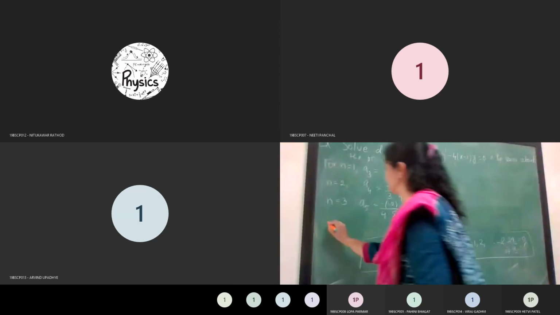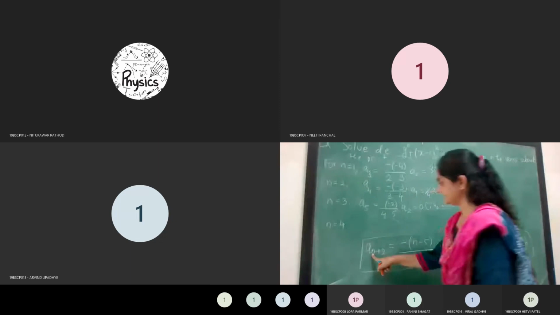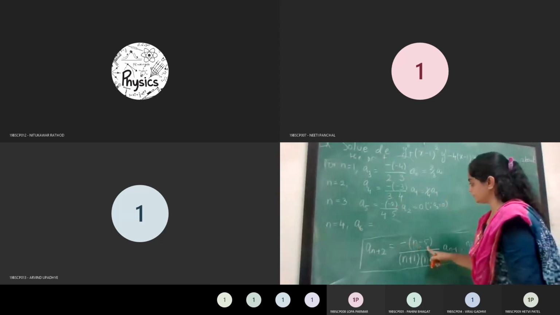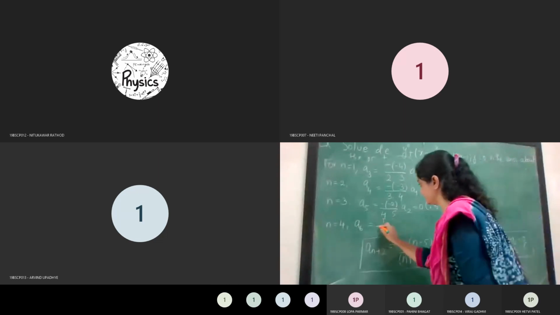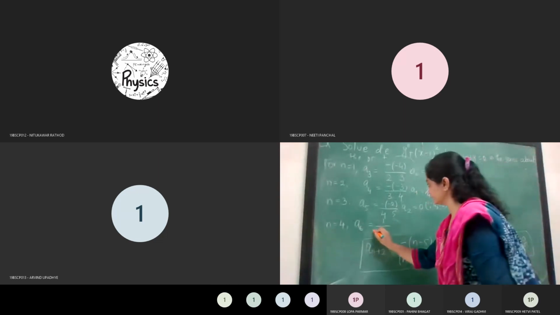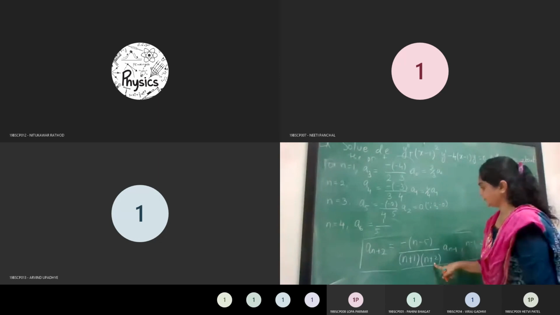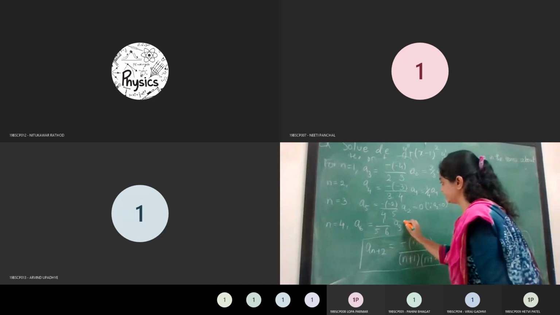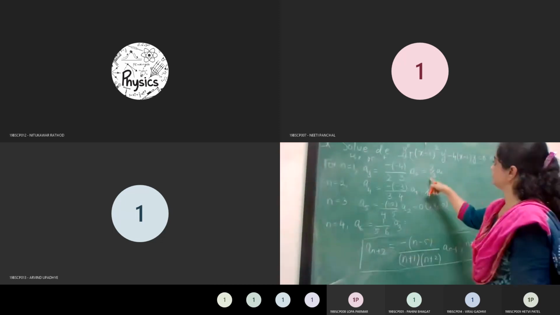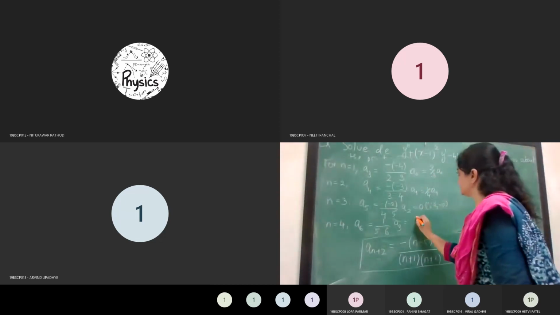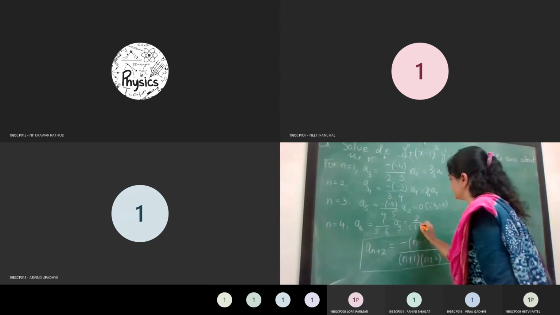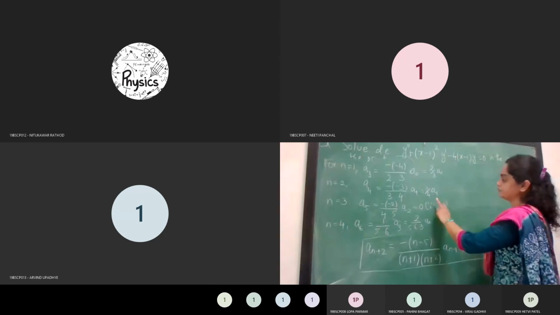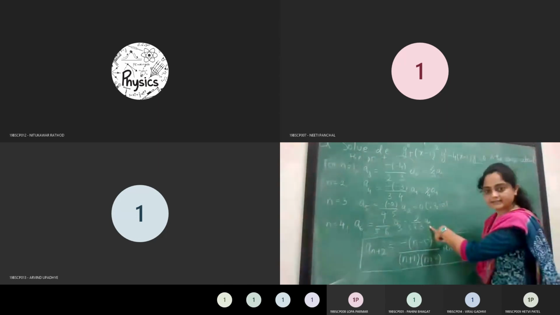Let us now consider n is equal to 4. So when n is equal to 4, this will become a6 is equal to 4 minus 5, minus 1, minus plus, so the numerator will be 1. 4 plus 1, 5 into 4 plus 2, that is 6, into a 4 minus 1, so it will be a3. But you have already considered a3. a3 is 2 by 3 a0. So it is 2 by 5 into 6 into 3 a0. That means now you are able to see that a6 will be in terms of a0.